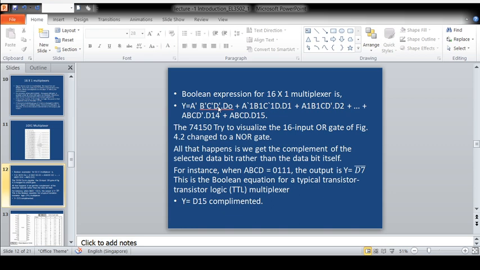This can actually be prepared from the TTL IC. What is TTL? Transistor-transistor logic, the 7400 series. This TTL family I am going to teach you next semester. But normally all ICs are prepared with these TTL ICs. That is transistor logic, which contains almost all transistors, and that way the circuit is prepared in miniature form, and that is called an integrated circuit.